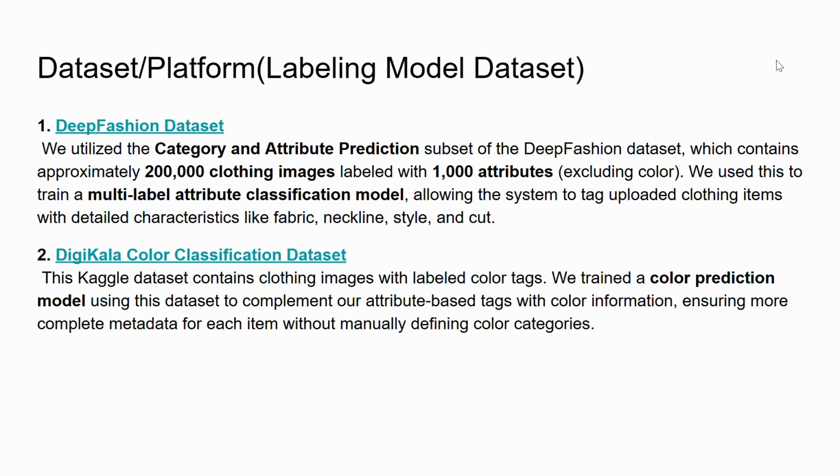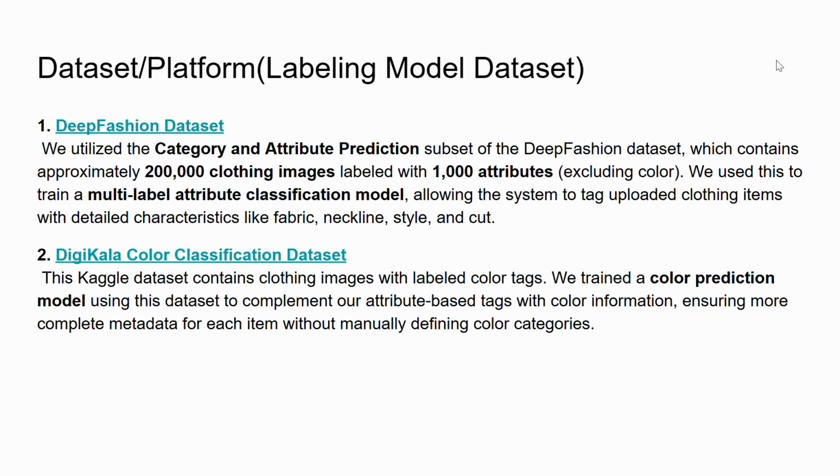Another dataset is the color classification dataset. To provide color information, we use this dataset that contains color-labeled clothing images. We train a color prediction model to complement the attribute tags with accurate color detection, enabling automatic metadata completion without